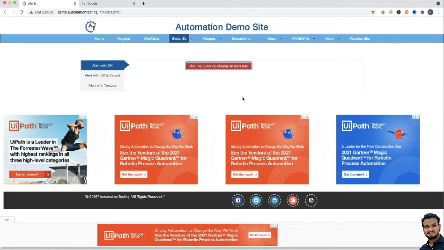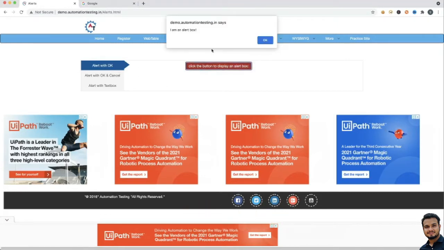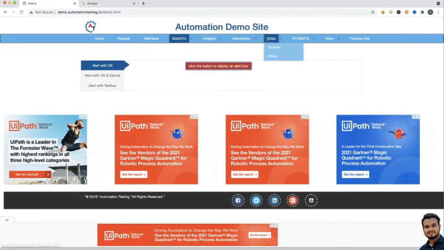Now, let us see how to handle these alerts using Cypress. The very first thing, in this simple alert, as long as you are not pressing this OK button, you will not be able to perform any other actions. For example, I want to click on this second alert, I am not able to do it because I have not accepted this simple alert. I need to click on this OK, right.